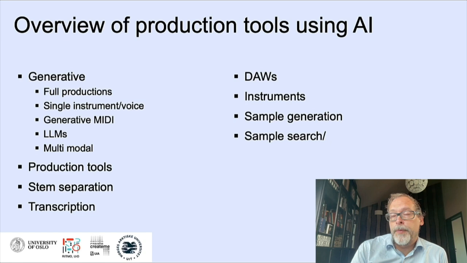And a lot of the large sample libraries are assumably also using AI in their search algorithms. But we are not quite certain how that works. We haven't been able to dig that up, but it seems likely that there's some kind of AI in Splice's